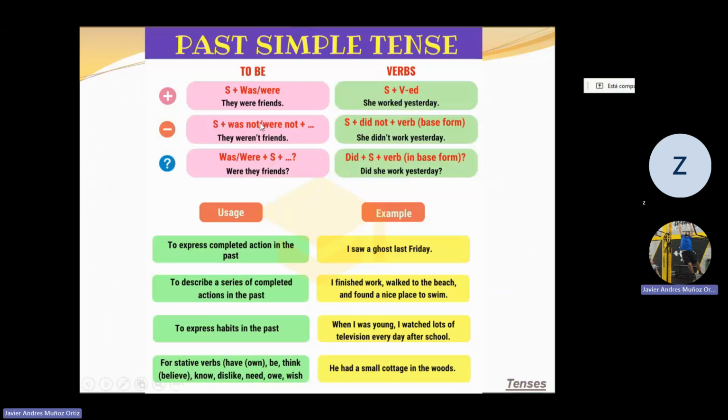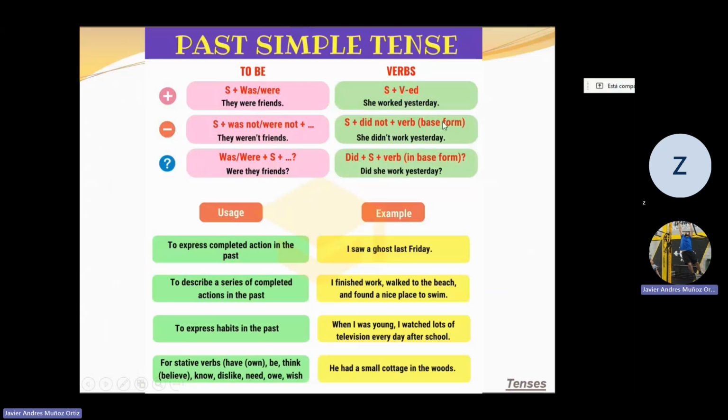Past simple with verb to be. I was at home. I was not at home. Were you at home? Suppose that. So we use verb to be to talk about feelings, emotions, age, physical appearance, personality, and so on. The same thing we use it in Spanish. And the other verbs obviously depend on the context. So